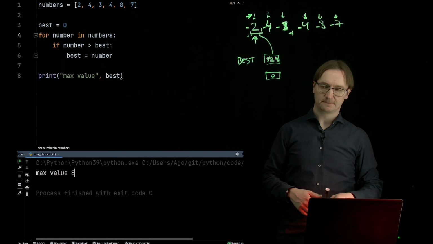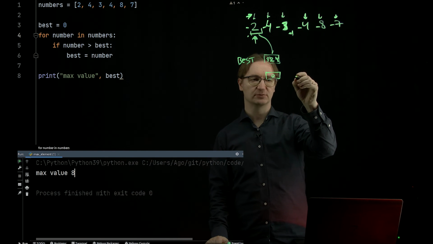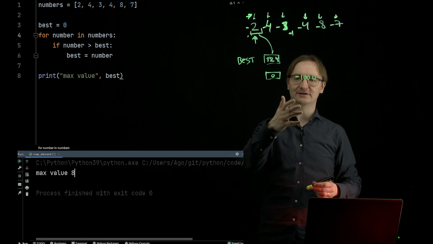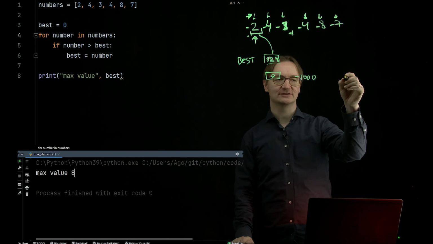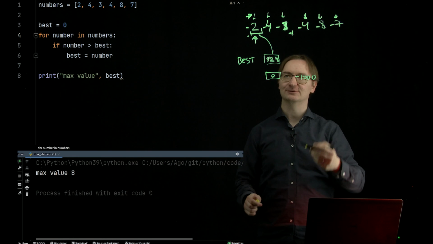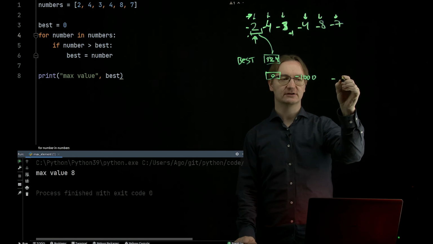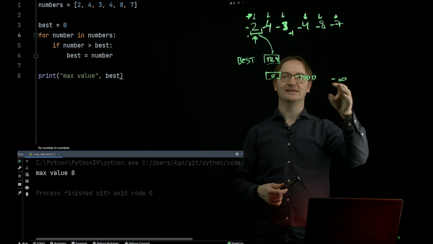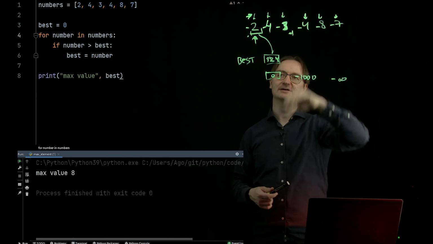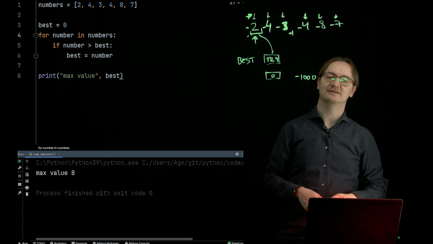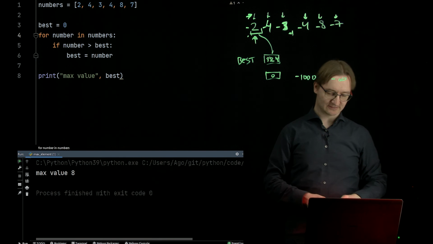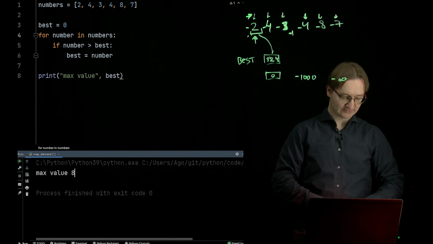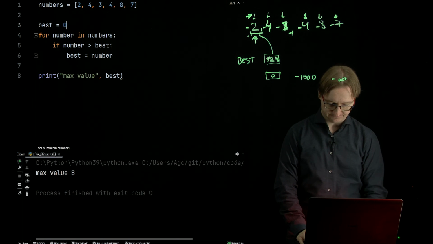Because with 0 I don't get the solution if there are negative numbers. Then yeah, someone can say, okay, let's put a very small number or a high negative number in this best value. But what if all my values are still lower than that? So there's no limit. I mean, actually it would be nice to have an indefinitely small or negative number here. Then whatever will be in this list, it's always larger than minus infinity, and we get a result. So instead of using minus infinity, we'll just use the value of the first element, and we can do it like that. Numbers